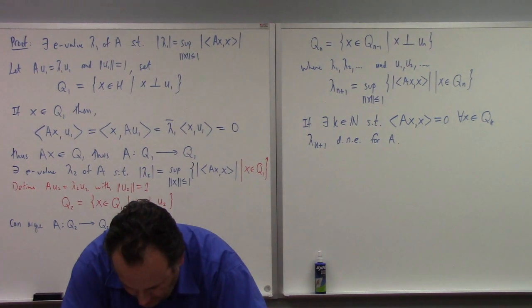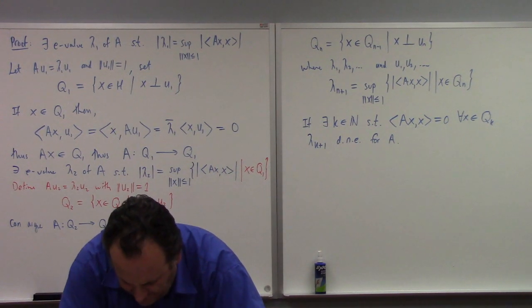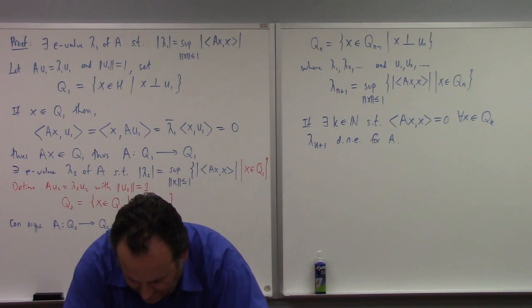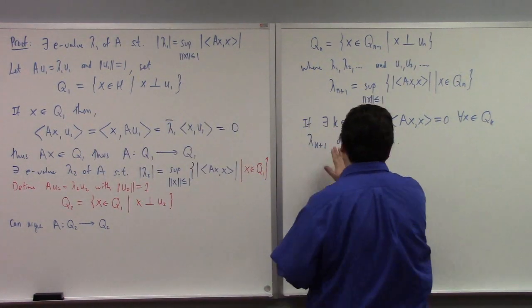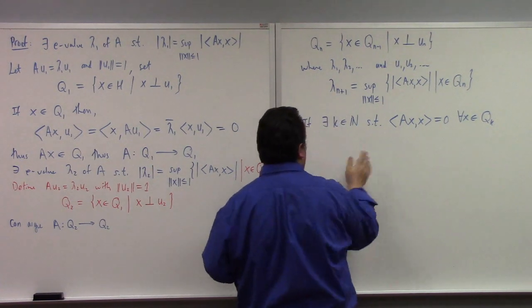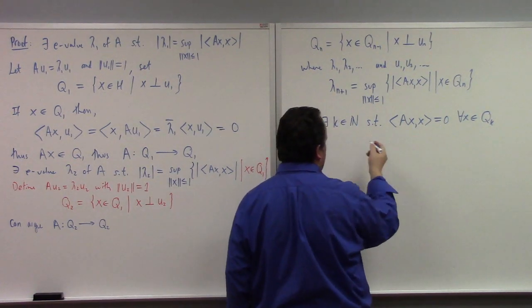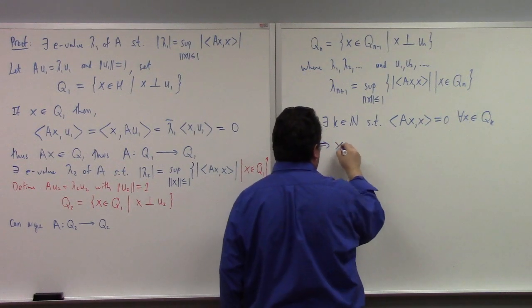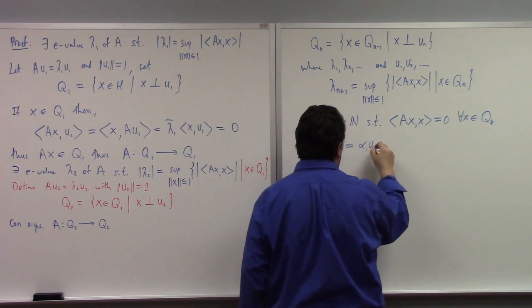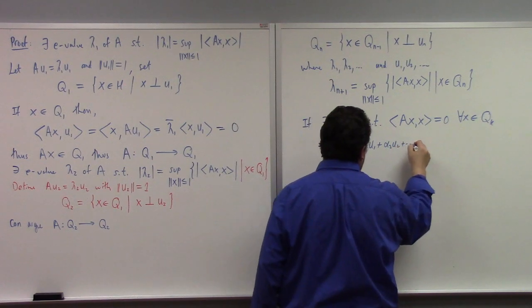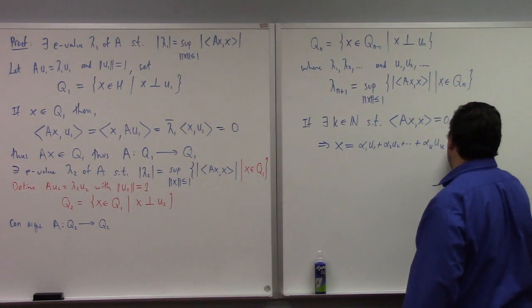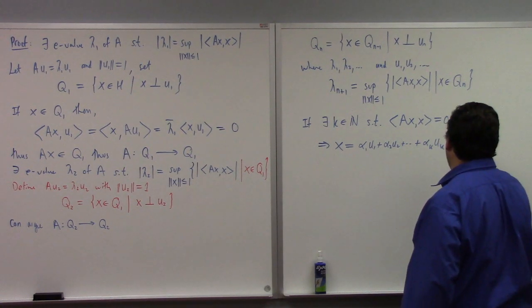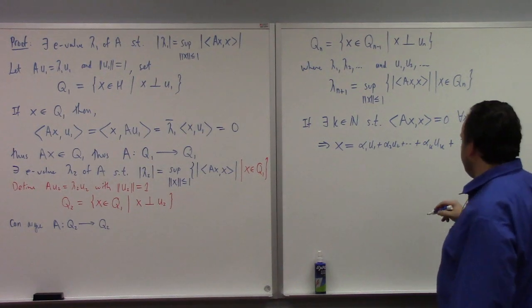Because we're... oh wait a minute. If there exists a positive integer k such that Ax = 0 for every x in Q_k. Okay, yeah. Well, anyway, let me just... that's not so much interesting. Whether or not we want to quibble about how to label the results, let's just say that means that x is equal to alpha_1 u_1 + alpha_2 u_2 + ... + alpha_k u_k plus v, or I'll call it nu, where